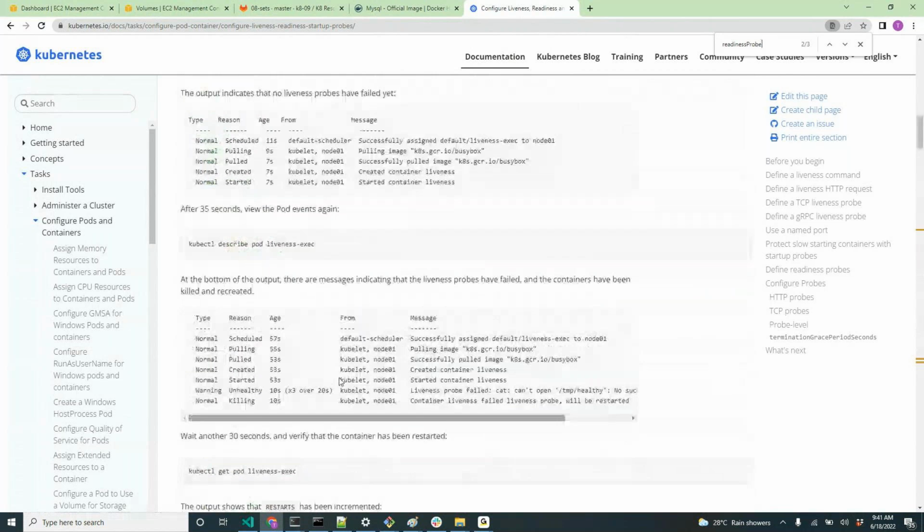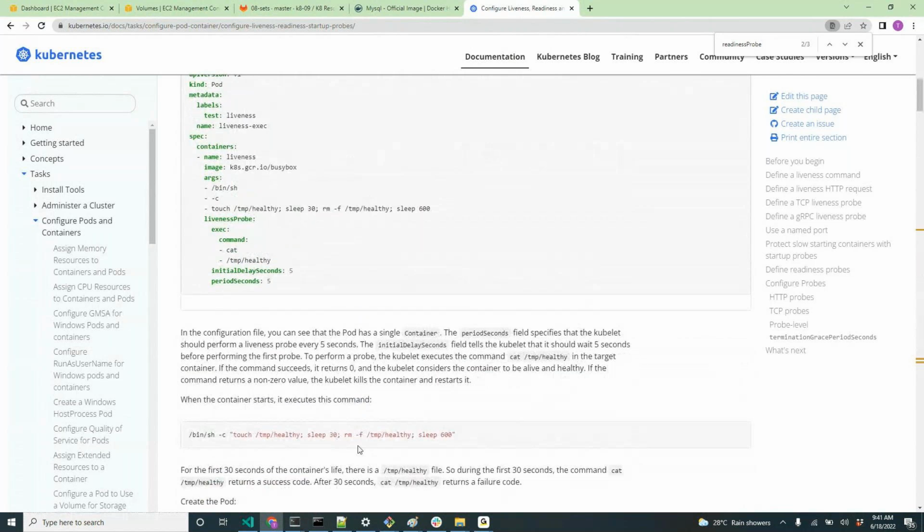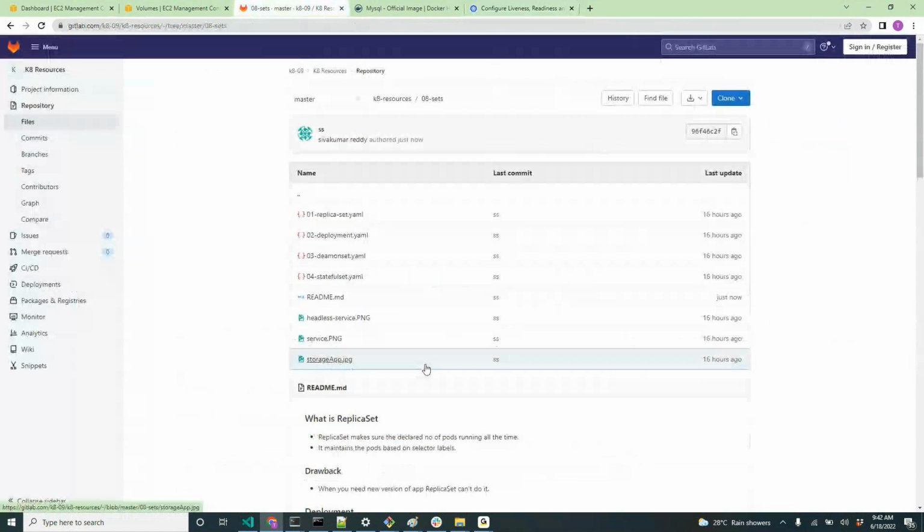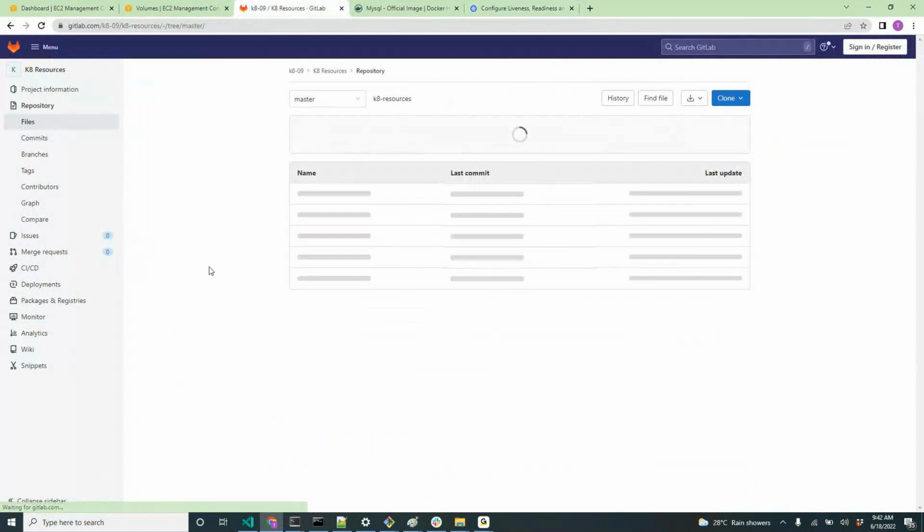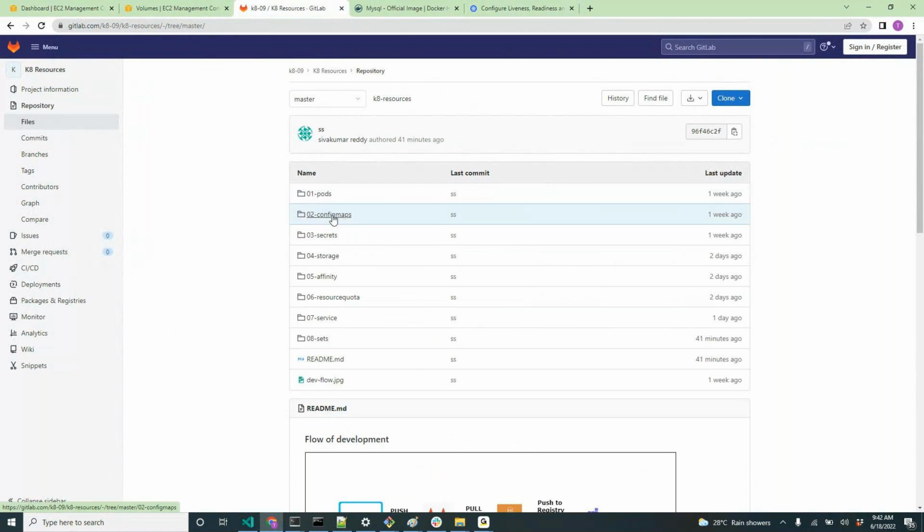And so till now we have discussed all the necessary topics to create our Kubernetes pods, config map, secret, storage, quota, services, sets. All these concepts we need to learn to configure our RoboShop application in Kubernetes. Now, how it happens is